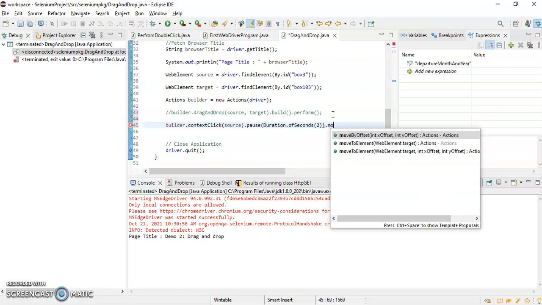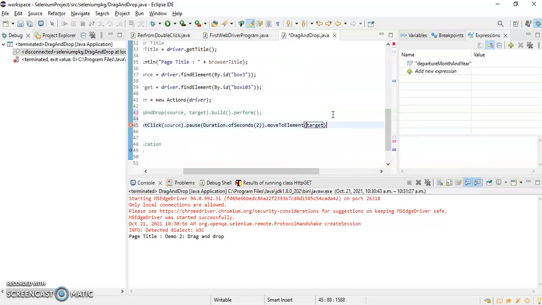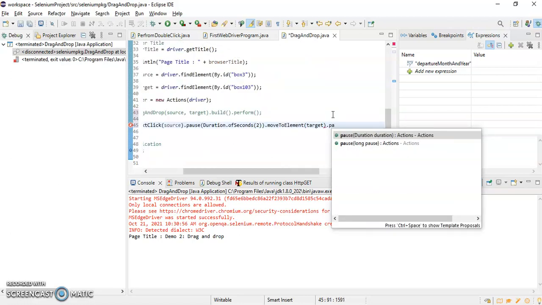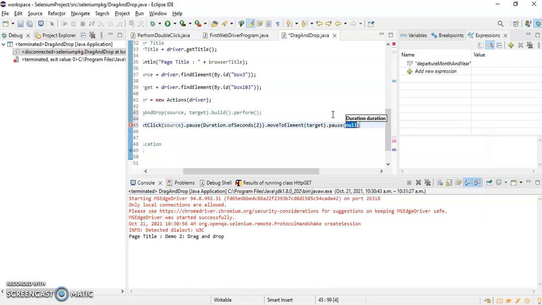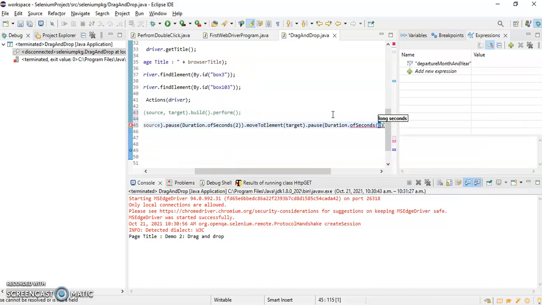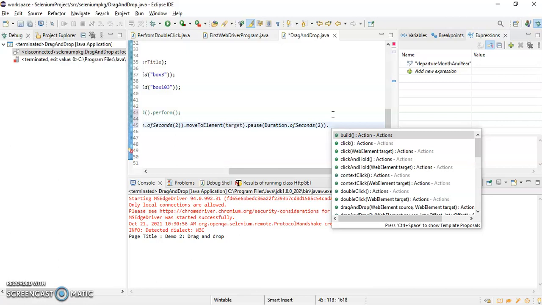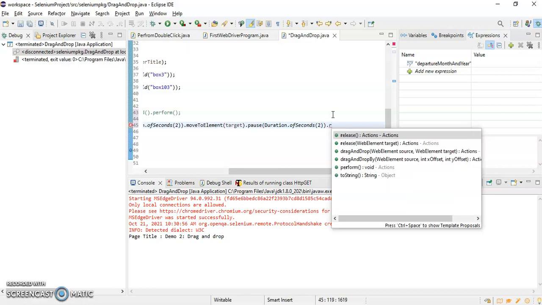Then .moveToElement, and here I'll give the target. After that again I will pause, and here I'll give a 2 seconds pause, Duration.ofSeconds(2). After that we have to release it, right? Release it.